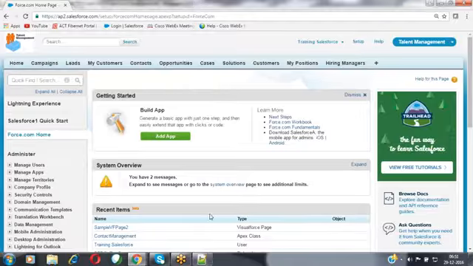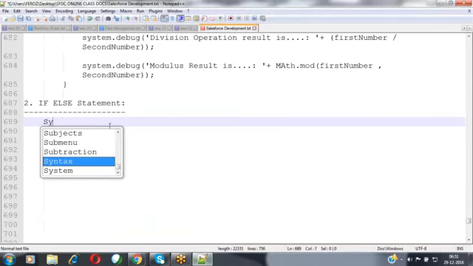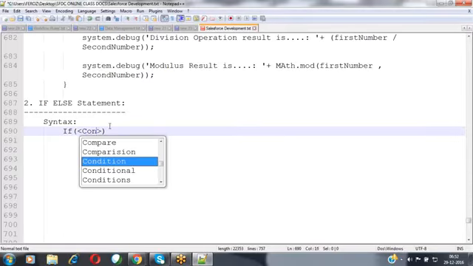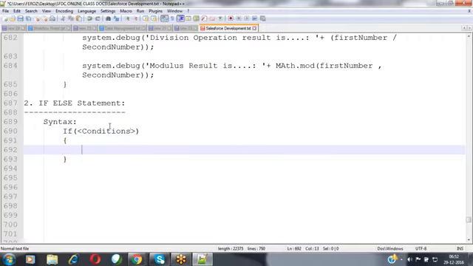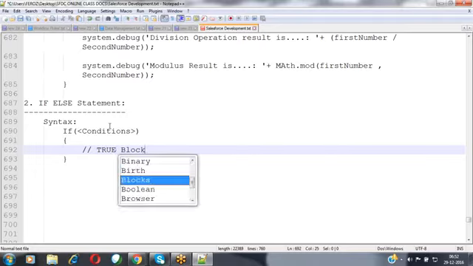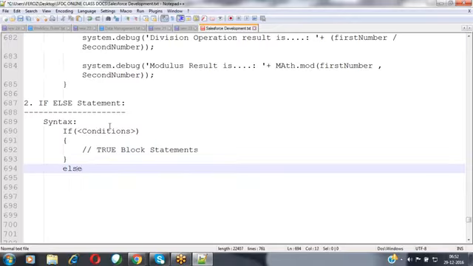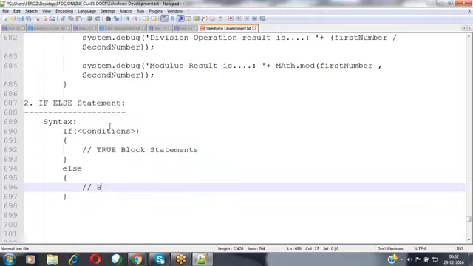So for that here, we are going to use the second format of the if condition, the if and the else part. Now what is the syntax of this statement? We have to specify if, and then we specify the conditions. As soon as you specify the conditions, if all the conditions are satisfied, it will enter this block and execute these statements, the true block statements. If the conditions are false, then it has to come to the else part over here. In this else part, we are going to write the false block statements.